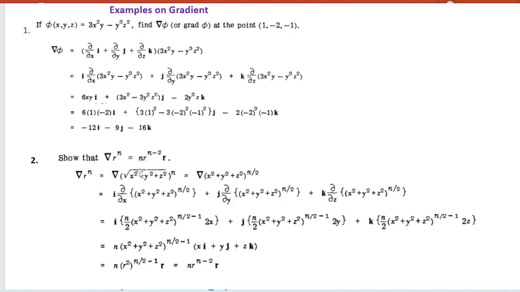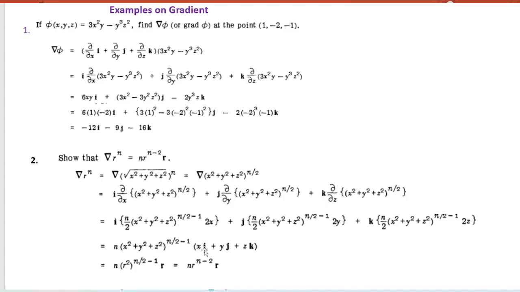So del of r to the power n, we can write it as power n by 2, and then we have to operate on it with del. That is, delta by delta x of the whole x square plus y square plus z square to the power n by 2. Three times we have to differentiate, partially with respect to x, y and z, and finally we will get an expression like n times x square plus y square plus z square to the power n by 2